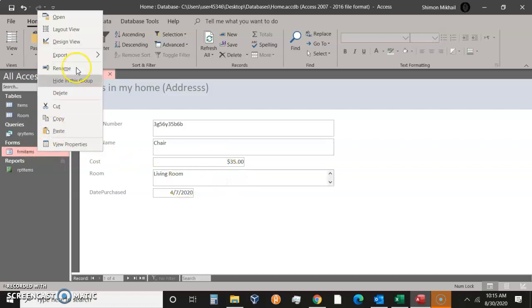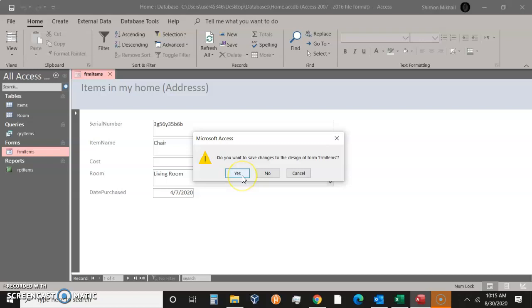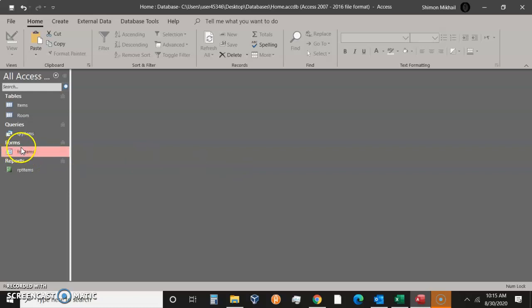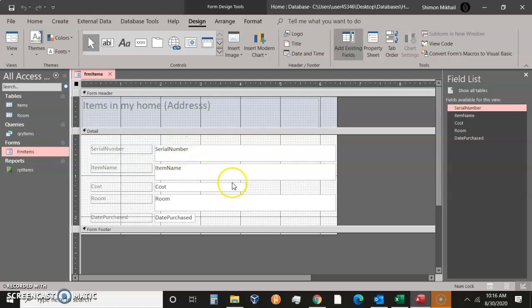So again, let's go into design view. Let's close what we have here first. Okay, it asks us, do you want to save the change you made? Always click yes, unless you want to discard. There it is. Now, we can go into design view, right click, design view, and let's resize these things a